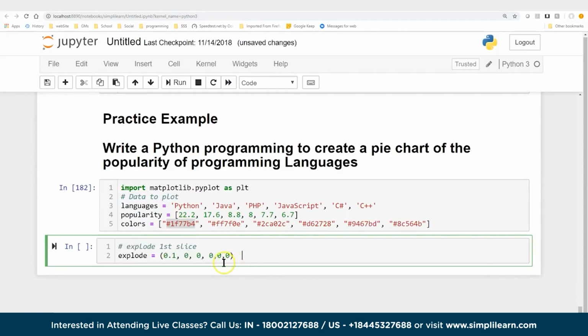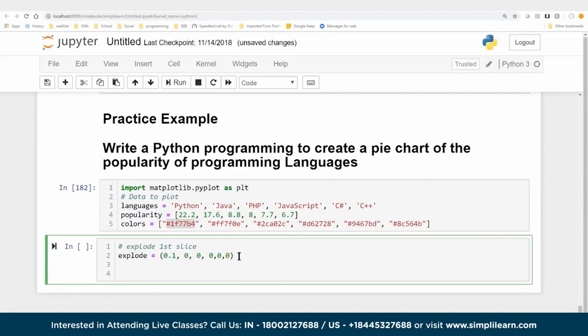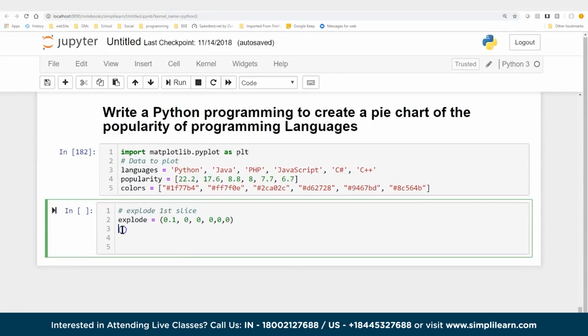We're going to do something a little fancy just because we can. The first thing we're going to do is use a variable called explode. And you'll notice that there's six values in here, so that matches our six different categories. The first one we've done is 0.1 and then 0, 0, 0, 0, 0. 0.1, when we put this in under explode in the plot, will actually push that slice out. So it's a really cool feature to highlight certain information on a pie chart. And this is simply plt.pie, and we're plotting